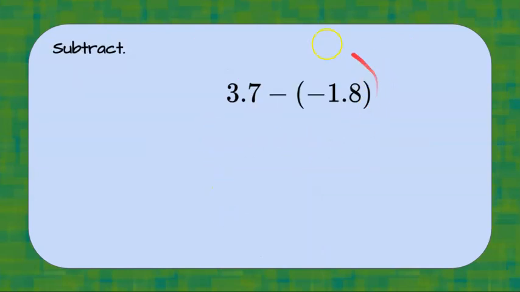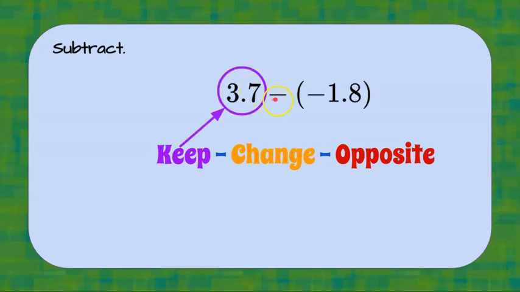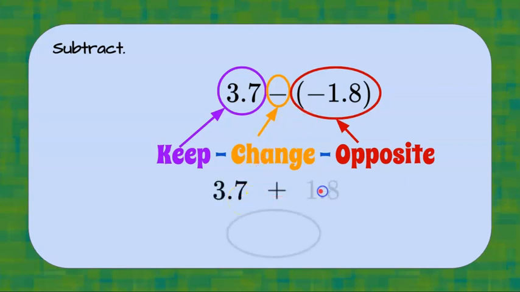Go ahead, pause the video now, subtract. Remember, keep, change, opposite. Welcome back. So we're going to keep 3.7, change subtract to add, and the opposite of -1.8. We rewrite it, 3.7, add, +1.8, because that's the opposite of -1.8. They're both positive. My plan is my answer will be